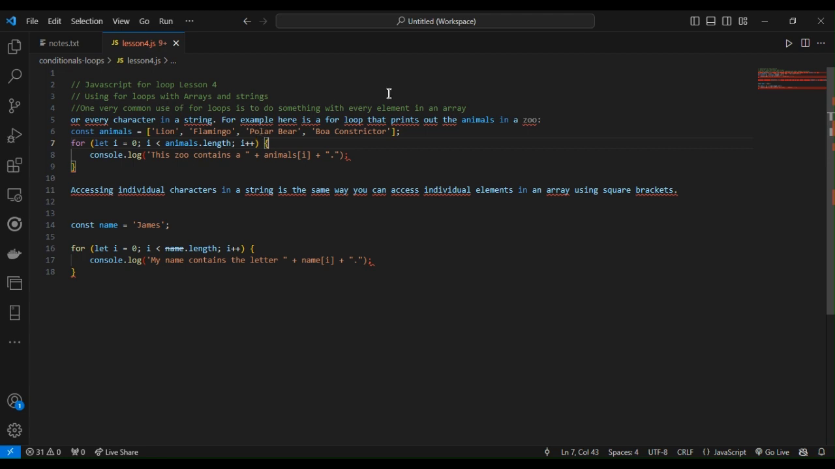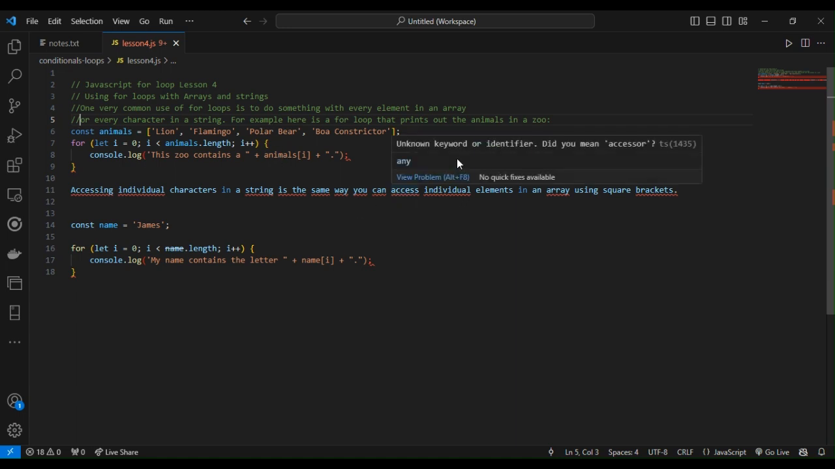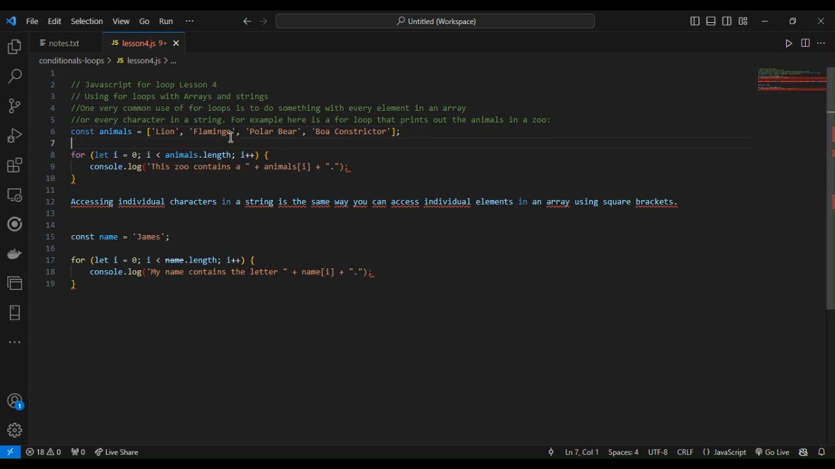So know that one very common use of for loops is to do something with every element in an array, or every character in a string. You can have an array or you can have a string. For example, here's a for loop that prints out the animals in a zoo. I have an array of animals: lion, flamingo, polar bear, boa constrictor. And then we have a for loop,